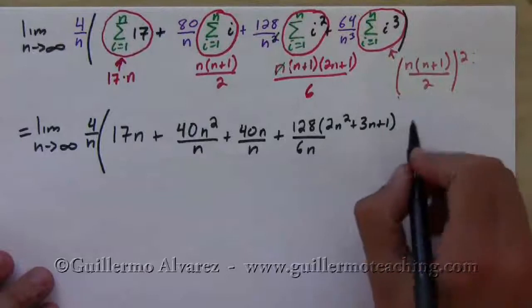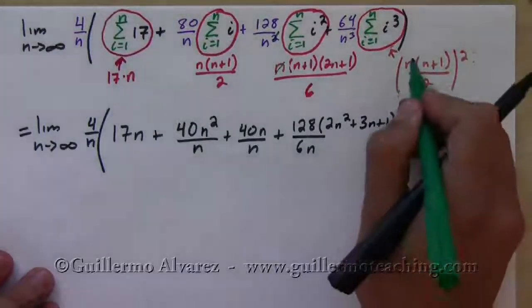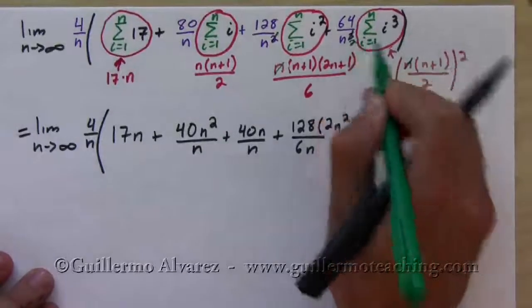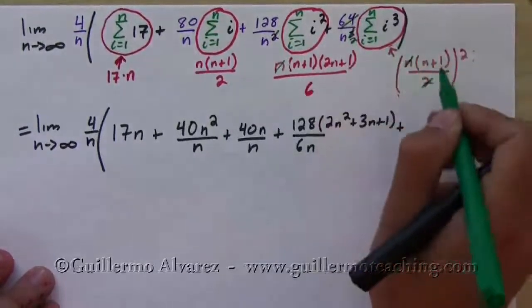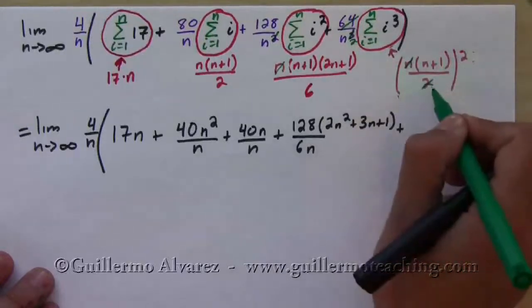And plus, this n cancels with one of these, so I'm left with 2, and actually this is 2 squared, so this is 64 and